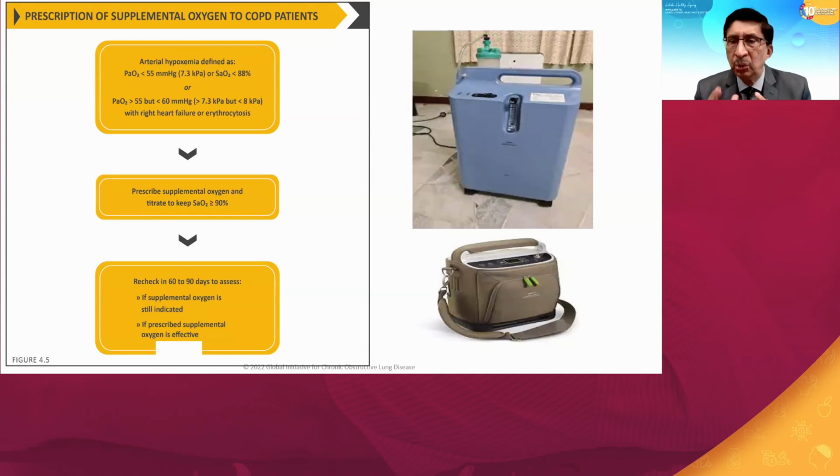So another important tool that we have that will help people with COPD is oxygen therapy, and we know that we give it for patients who have an arterial hypoxemia with a PO2 of less than 55 with a saturation of less than 88%. Remember that, all right? And of course, in patients who have already developed pulmonary hypertension, right heart failure, you can still use it. It is very useful. And prescribe supplemental oxygen for more than 12 to 16 hours a day. And after 3 months, assess whether they have improved, how is the saturation, and then we can titrate it accordingly.